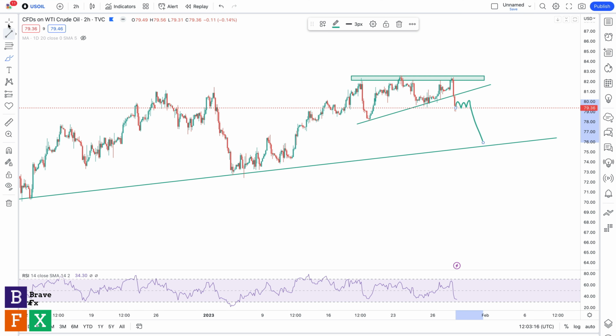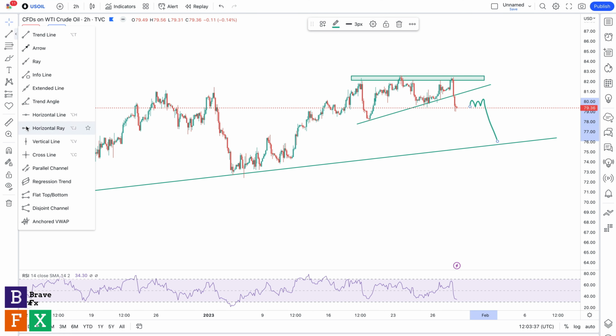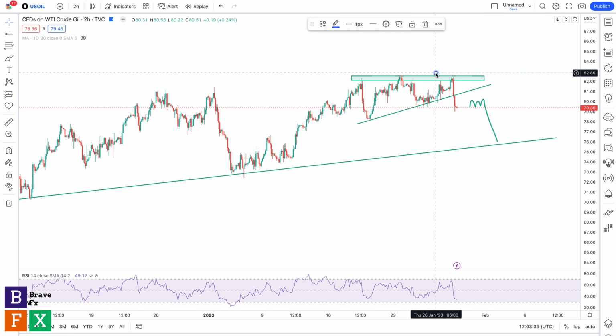Okay, so the reason why I'm not just going to jump into a short position right now is because you can see the movement from the rejection of this resistance level, of this area of value, came down with a swift move. So you can see a bearish candlestick breaking through this level. So if you were to jump on a trade here, it means your stop loss will probably have to be above these highs, okay, which will be a very wide stop loss and a very huge risk for me, okay,